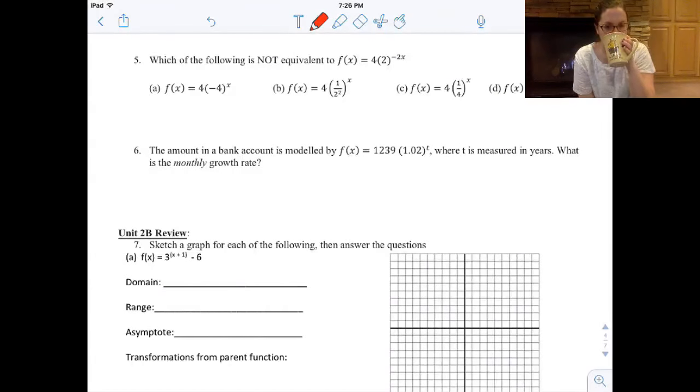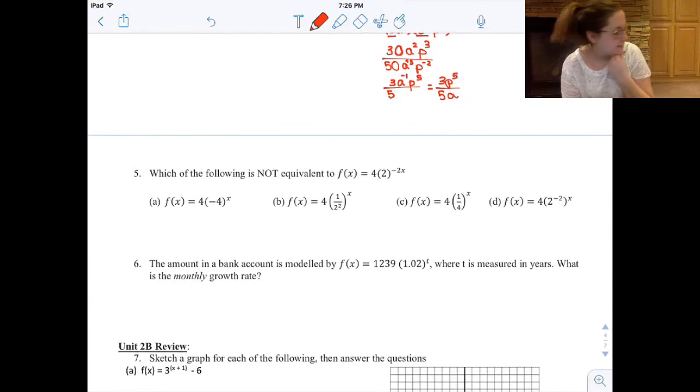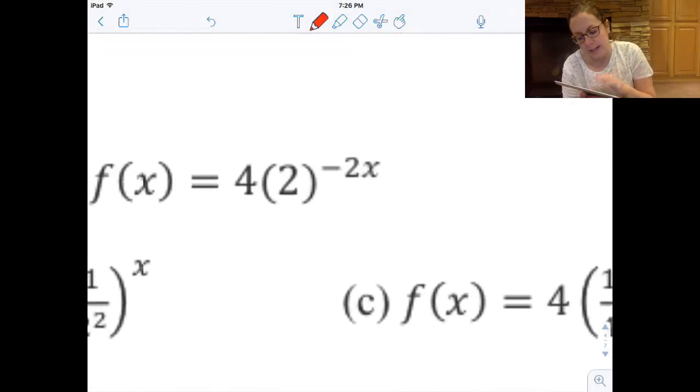Okay, let's look at this next one, and then we'll hop into some log stuff. So which of the following is not equivalent? So let's take a look at this. Now, not equivalent, remember, you could always plug in your calculator and just see which one doesn't match up. That will obviously work. But if this was a free response, or if you needed to explain, think about your